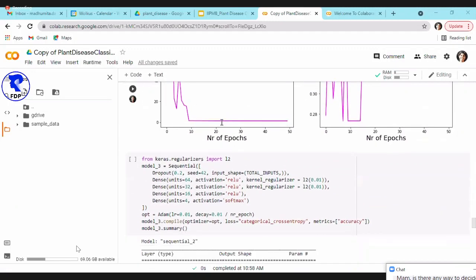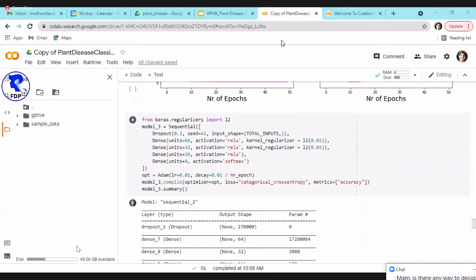Another way of taking care of overfitting is using a regularizer. In each layer, I pass on the L2 regularizer and assign it a lambda value of 0.01. Regularization is the same as in linear regression; it kind of removes certain features. It costs the algorithm every time it assigns a higher weight to a feature.